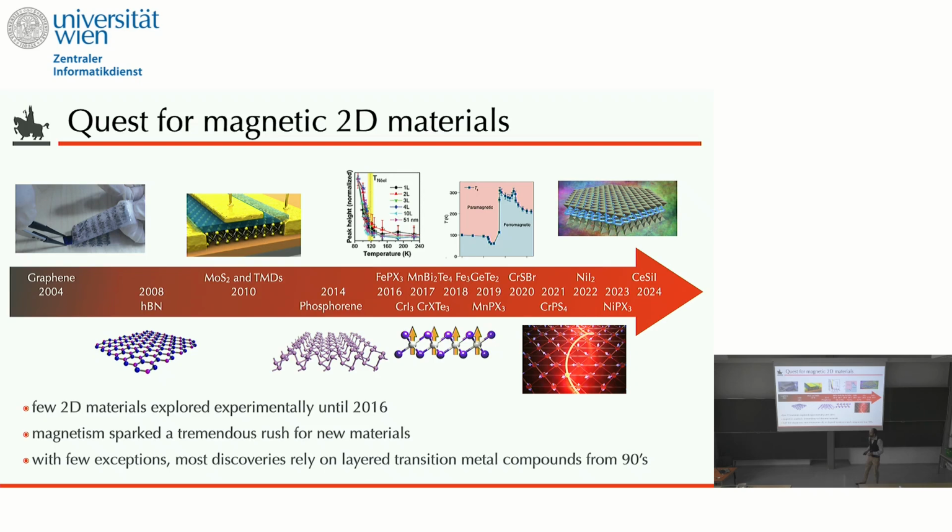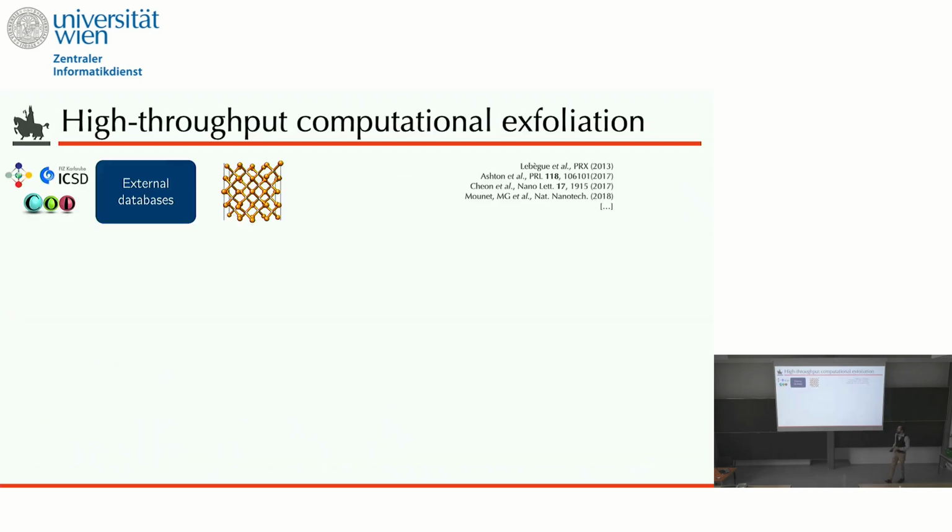And the way to do that is maybe mimicking experiments in which new materials are found by exfoliation, but now doing it with the simulation, so with the computer, which is much easier, and in a high-throughput way. So we want to rely on the fact that over the last 100 years, we have collected a lot of information about experimental crystal structures that are contained in databases like the Pauling File, CSD, or COD, just to mention a few. And what we want to do is to see if among these materials we have something that can be